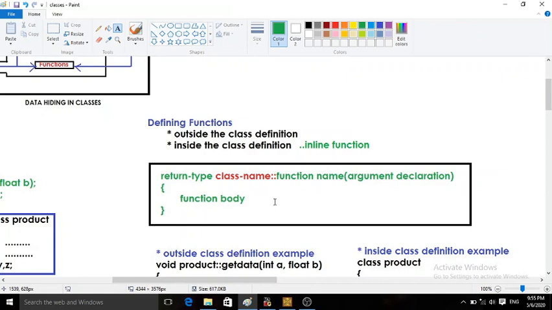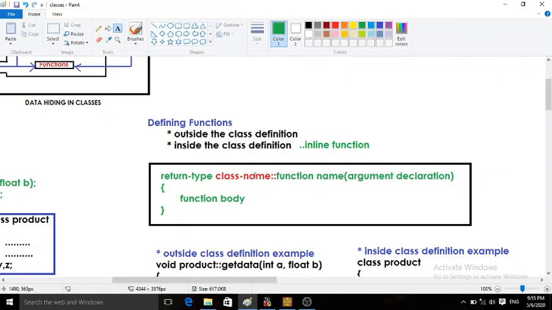Then for show of class 2, I will write return type, class 2, scope resolution, show, the argument list and the function body. As everywhere we specify the class name and the scope resolution operator, different classes can have the same function name.